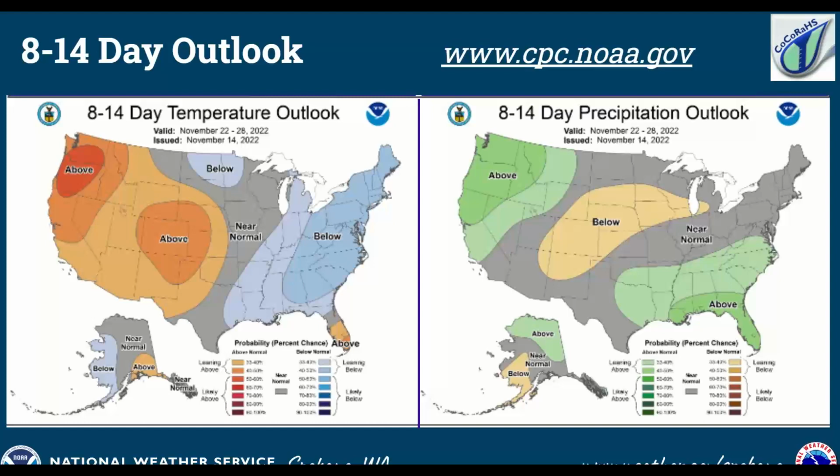First, we're going to start with the midterm, the 8 to 14 day outlook. This will close out pretty much the rest of November. And as we get into the busy Thanksgiving holiday, it's been cold and dry the last couple of weeks, but we're going to see the pattern switch where temperatures are going to be warming above normal, but precipitation chances are also going to be on the increase. So we're going to see more active weather coming by next week, just in time for our Thanksgiving holiday.